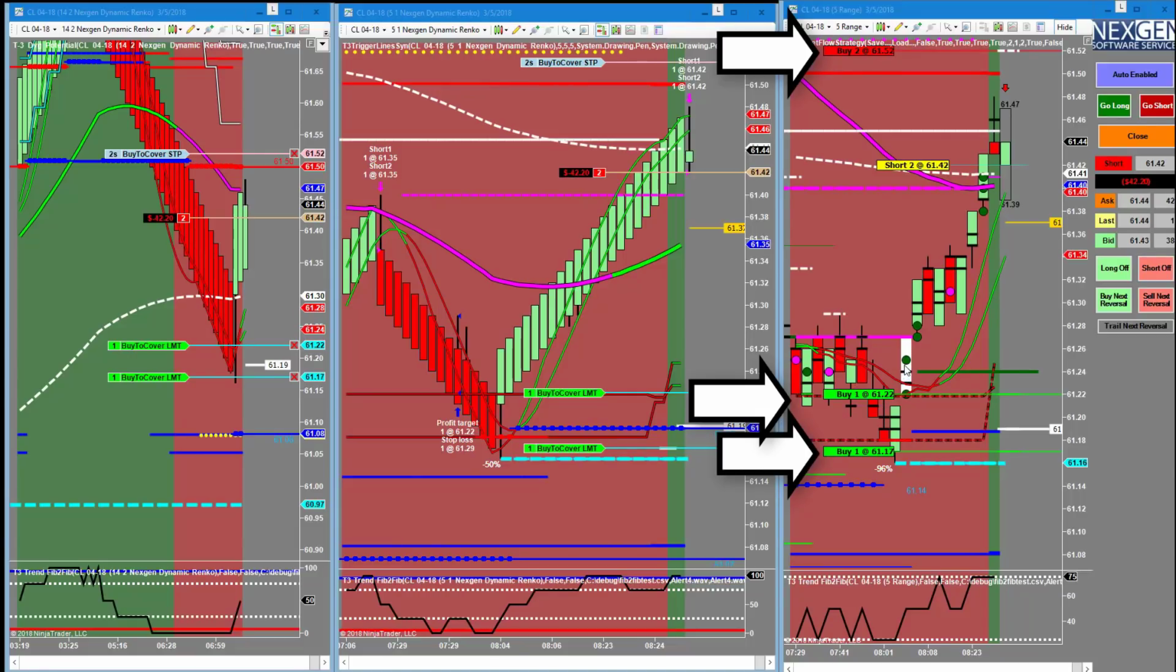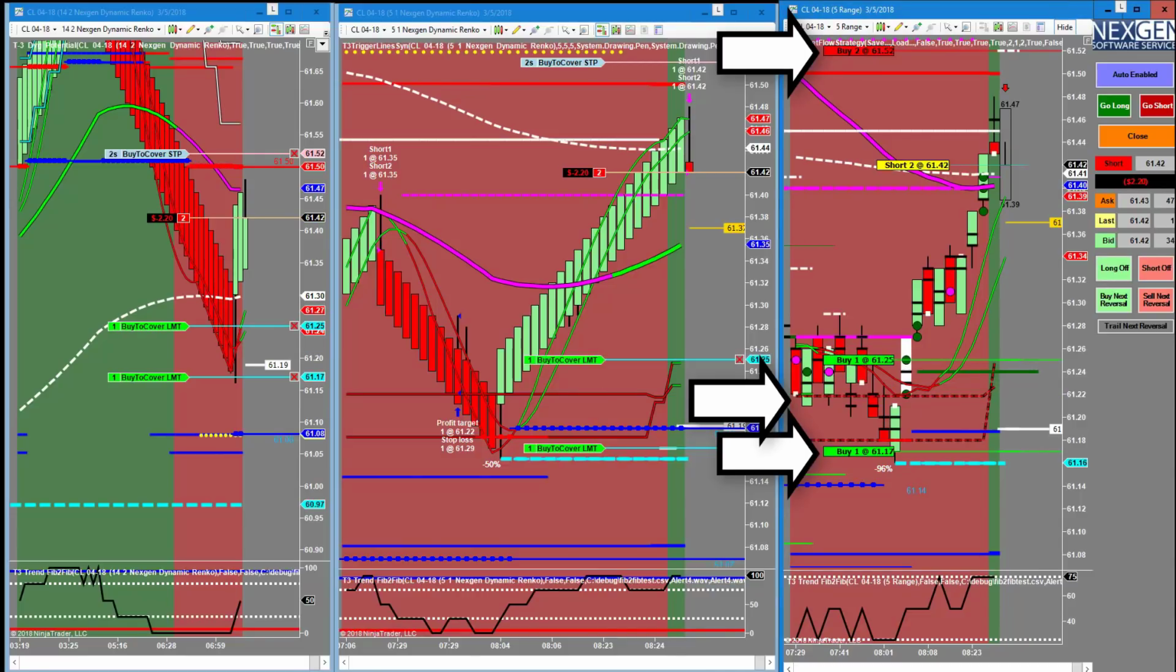First things first, move your targets. Just move your targets first. Don't worry about your stop, because again, we're not going to move our stop until we get a reversal bar on our 5-1 chart. So again,